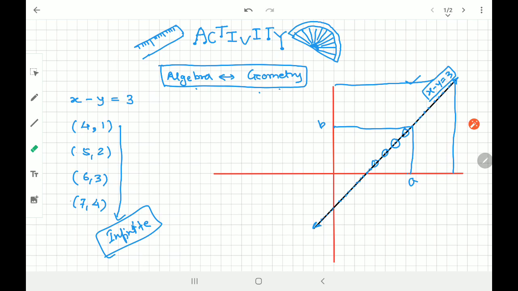And how many points does this straight line have? Yes, this straight line has infinitely many points. And the same thing, as solutions are infinite, the points on this line are also infinitely many. Got it clear? Understood? Fine. Okay. So what is your task today? I have to teach you the same simple thing today.